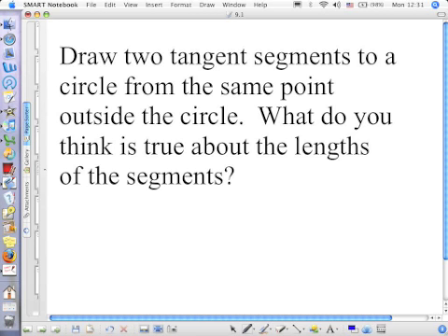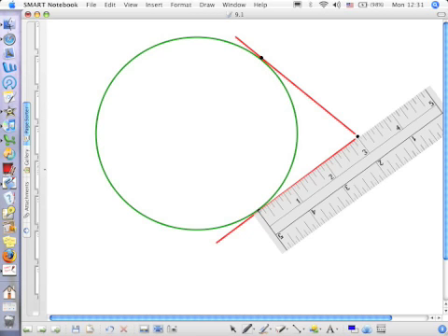Can it just be a ray? That's fine. But now it's got to be tangent. They have to come from the same point. Yes. What do you think is true about those two segments? They're equidistant. Very good. Watch. Here's my circle, here's my point outside my circle, and then I have my two tangent lines drawn to these